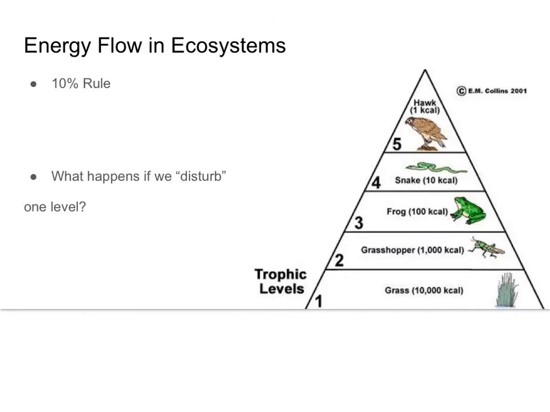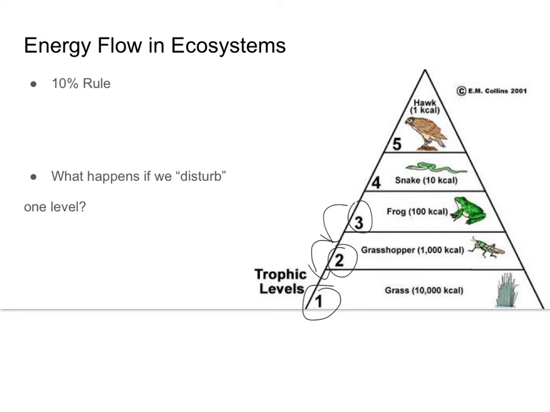So that being said, with food chains and food webs, how do we know how energy flows in an ecosystem? We know that each trophic level follows this rule. Primary is going to be trophic level number one, those are your producers. Your primary consumers are going to be trophic level number two, secondary, etc. The rule is called the 10% rule, and it says that about 10% of energy from each trophic level moves up.